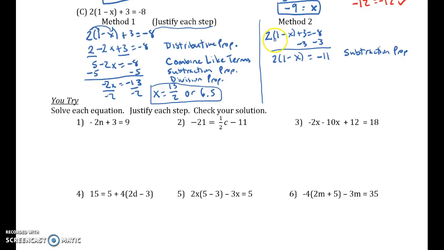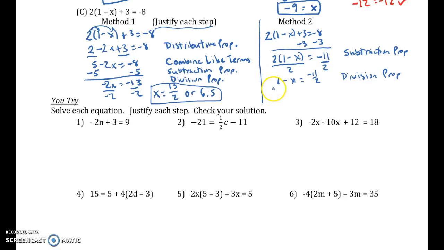And then instead of distributing, what you can do is you can actually divide by 2. So I'm going to get 1 minus x equals negative 11 over 2, which is my division property. Okay, then we're going to go ahead and keep isolating the x, and you can do two things here. You can add the x to both sides, or you can subtract 1 to both sides. It's really up to you. It depends on whether or not you remember to get rid of that negative 1 in front of x at the end. I'm just going to go ahead and keep going